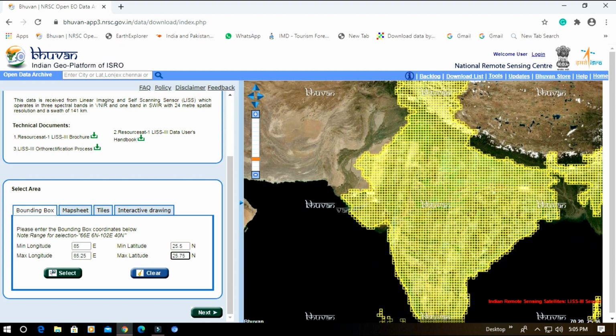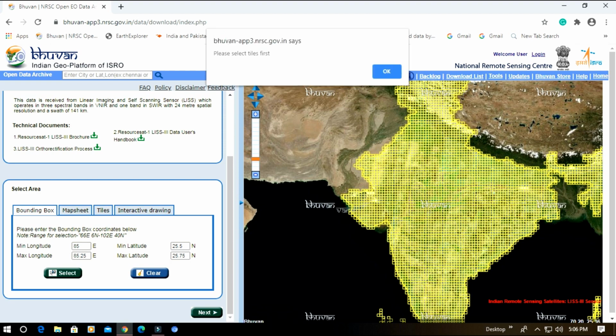By using the bounding box, we can select the particular place of interest for downloading the satellite image from the Bhuvan portal.